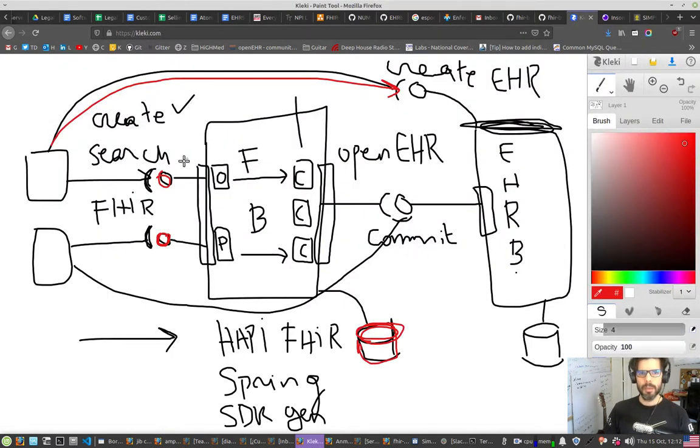We need to map FHIR resources that are compliant with some profiles. So you know that the profiles are in the project. So we have here a folder with profiles. But then